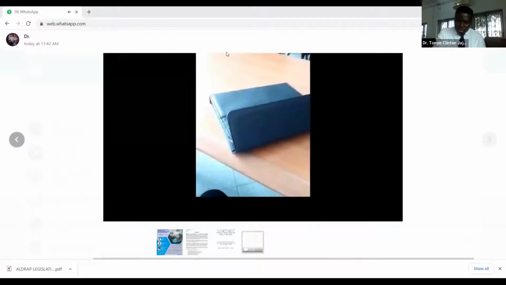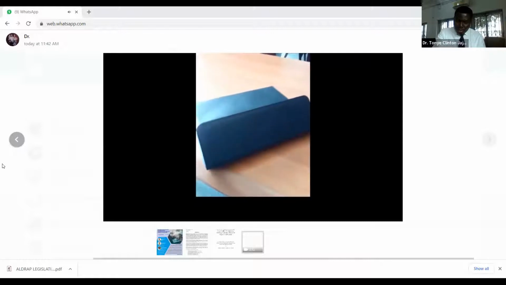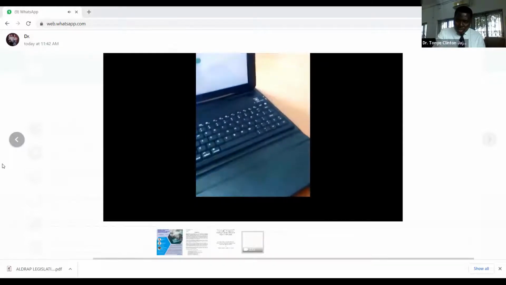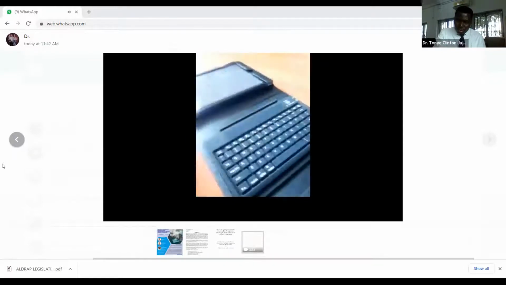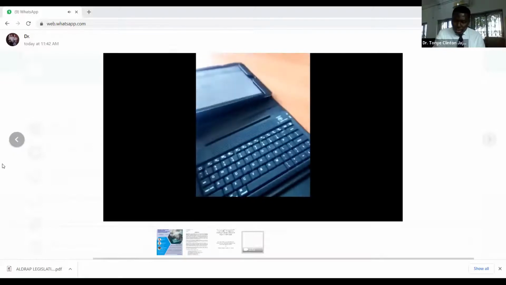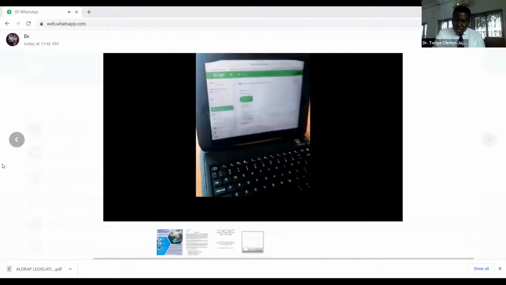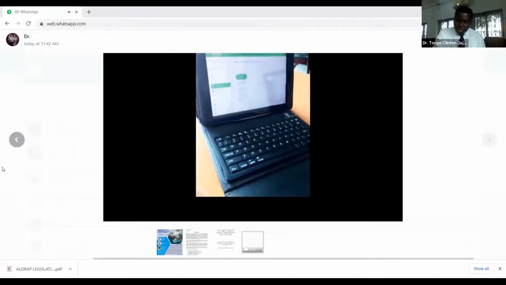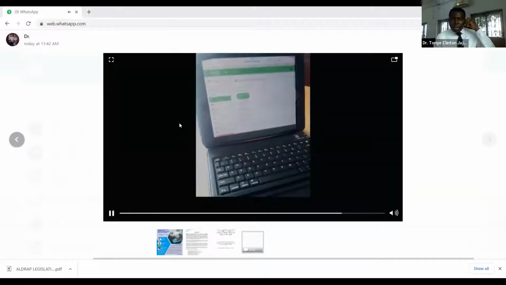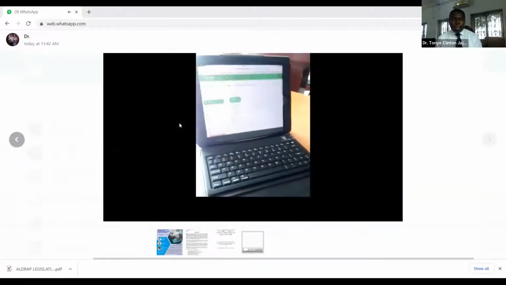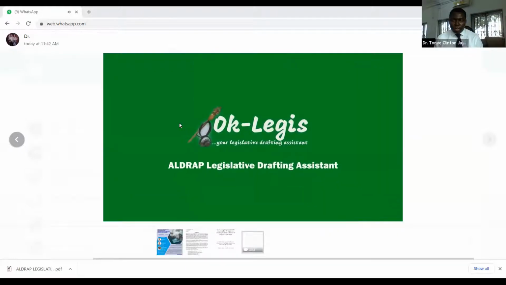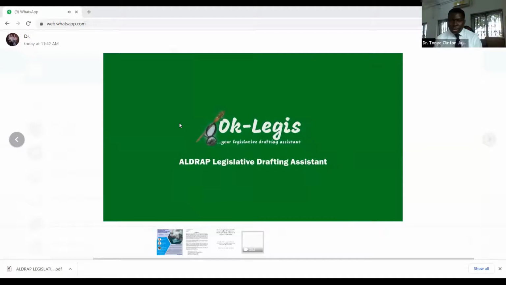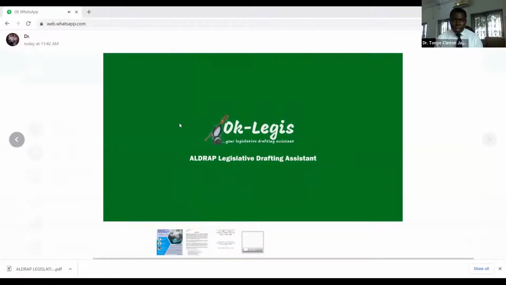To make things even easier, we have a handy and easy to use tab that makes it very workable. Now, here's the good thing. The app comes with this tab. You can easily walk through the entire process with this tab. All you need to do is ensure that the tab is on. You have a link, takes you to the website, and you follow through the process. Once you're done drafting your bill, you can preview it here. Aldrap Legislative Drafting Assistant and tab are tools that will help you to achieve effective legislative drafting.